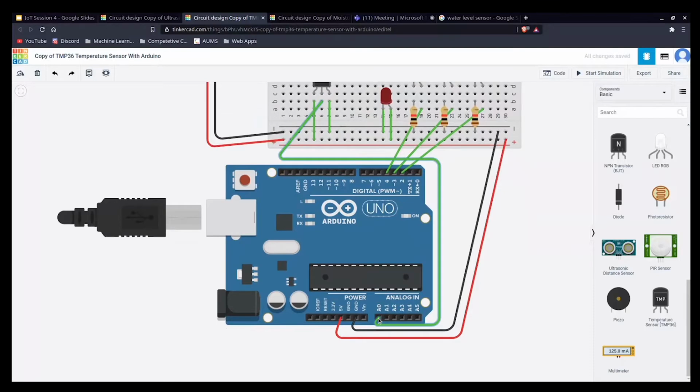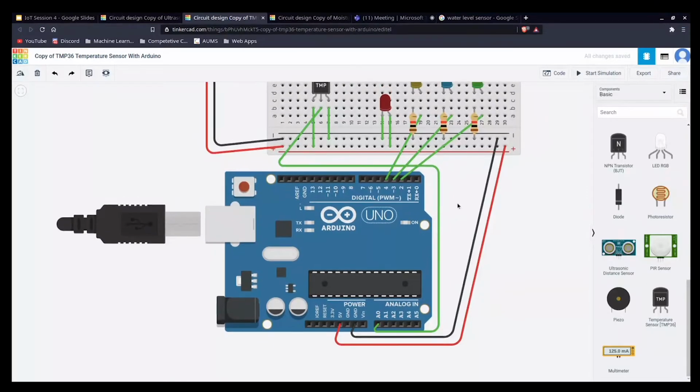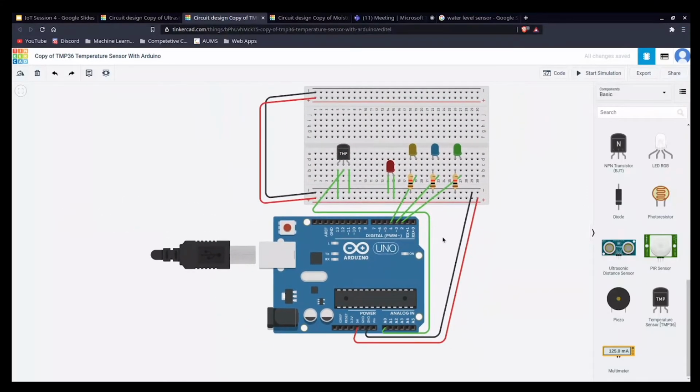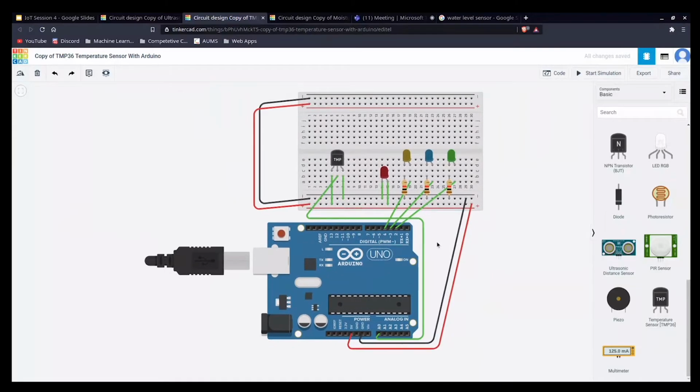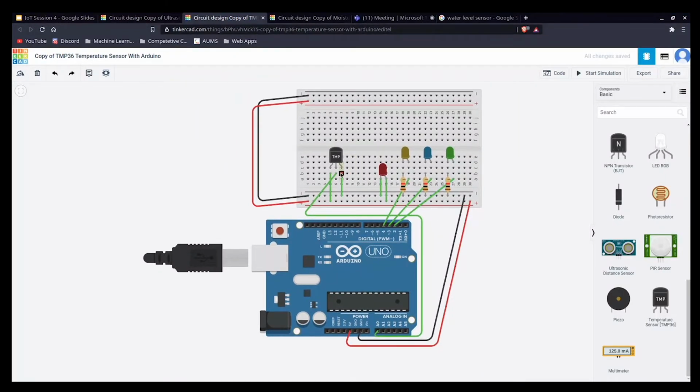If we are getting a definite output, then we can use digital pins. So we are connecting it to analog pins. That's all. So the circuit explanation is complete.